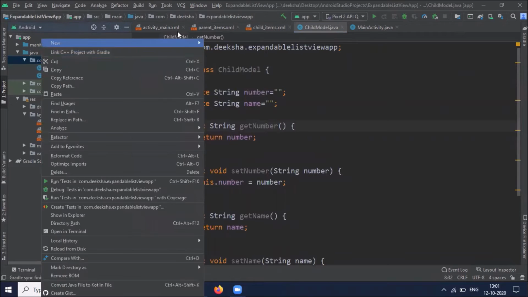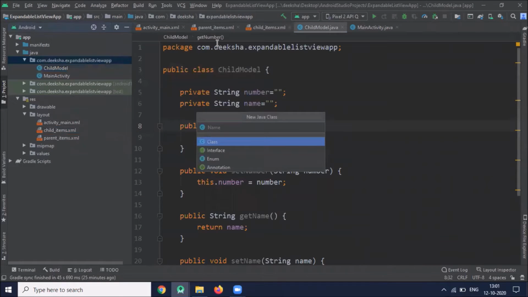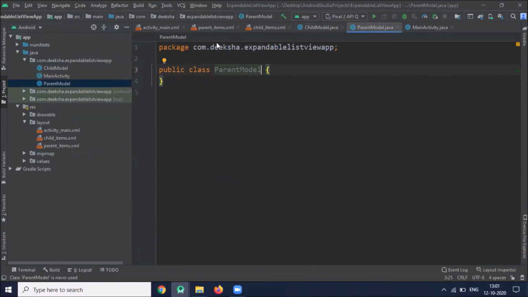Now create one more class, name it parent model. And this class we are creating for setting and getting the parent item name and child items information according to the particular group.